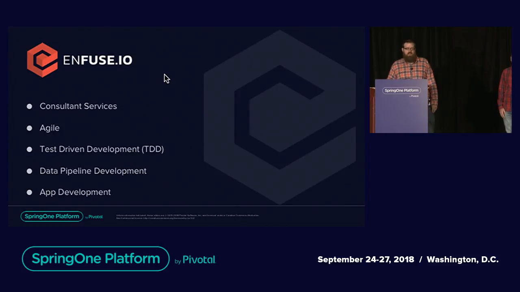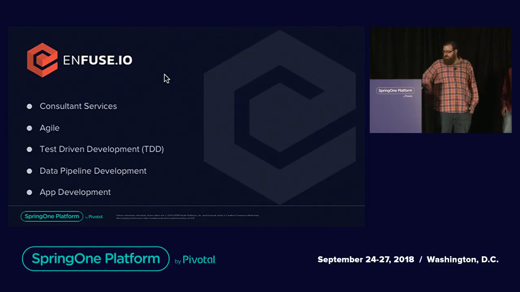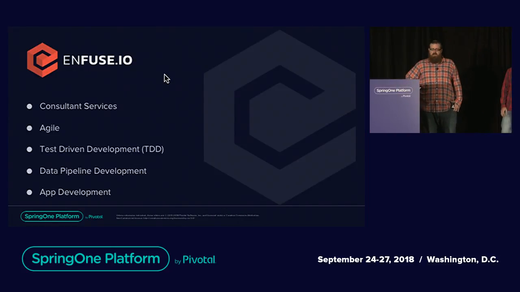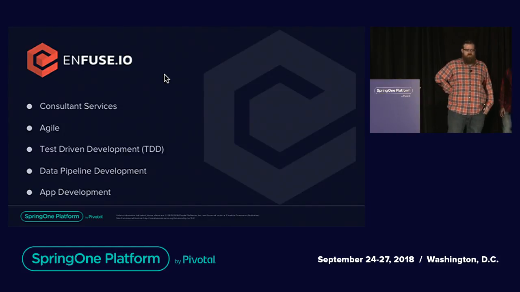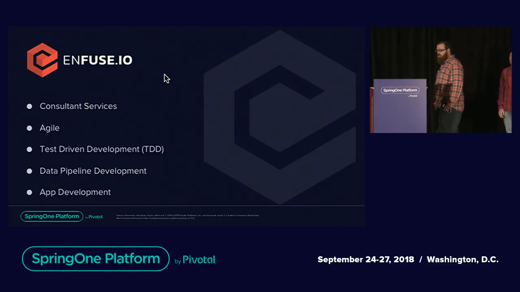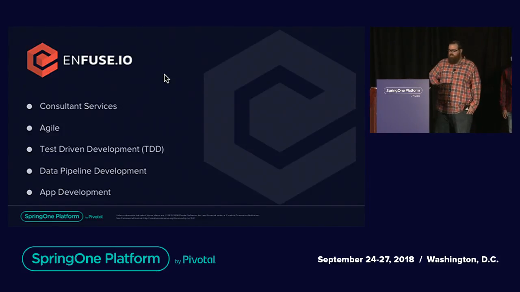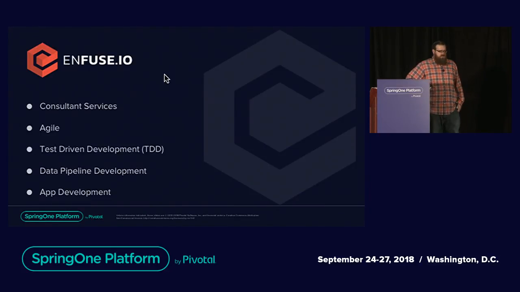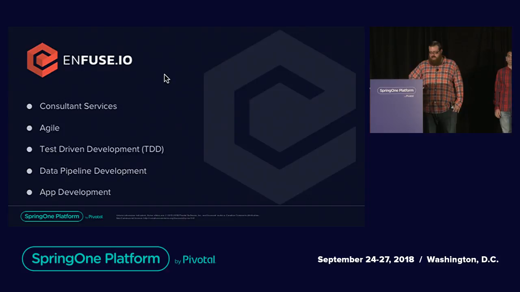Moving on, a little bit about the company that I run. It's called Enfuse. We offer consulting services to a number of different companies. Right now, one of our main clients is Corelogic, and we actually contract through another great company called ZData, so everybody's a big, happy family. I think we employ some of the best pipeline developers in the world, but of course, I'm extremely biased. Everything we do is in an agile paradigm. We do test-driven development for every application we write. And the main thing that we do is data pipeline development.